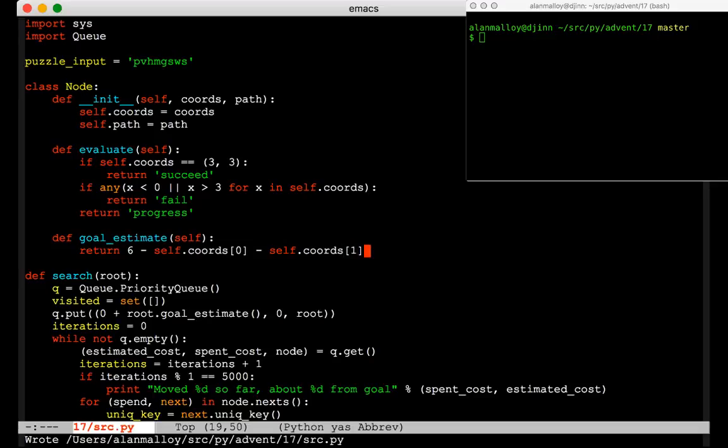So our best estimate is never any larger than 6. The worst we could be is the top left corner. And from the top left corner, it might take only 6 steps to get to the exit. You never know. So we just start with 6 and subtract how close we are in each of the two directions. And at 3, 3, the estimate will obviously be 0. Fine. Now we need nexts